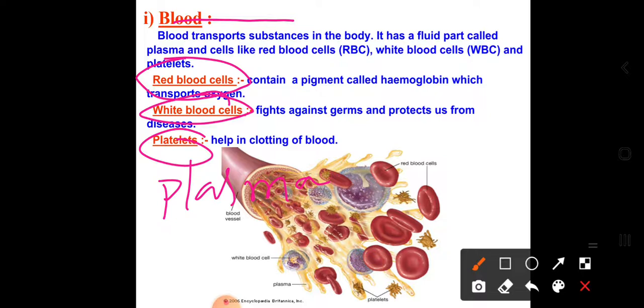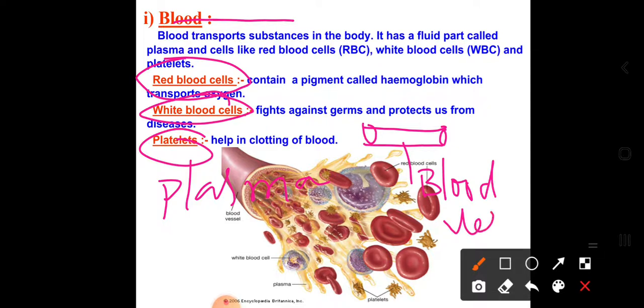So now one more thing in the circulatory system, if you observe, this fluid connective tissue is traveling in tube-like structures. Those tube-like structures where the blood is traveling, we are saying as blood vessels. So today in our class, we are going to learn about what are blood vessels, what is the need of blood vessels, and what are the different varieties of blood vessels that are seen in our body.